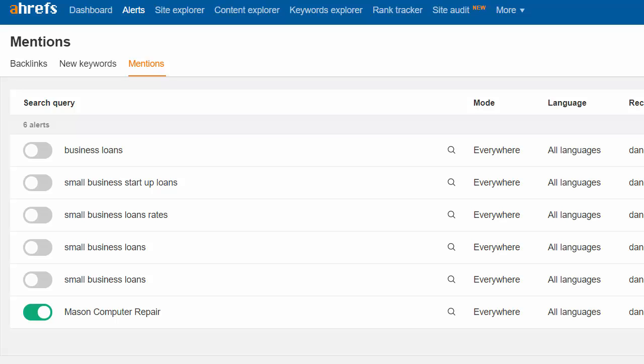And so spend some time setting up the alerts. I'm not sure what the package you have to get. We're on a package where we get 15 alerts, so we couldn't set it up for all our clients anyway. But you can, and I recommend you do that. Set your brand name in there, and then go ahead and put your name in there as well. Then the rest, just put your main keywords and monitor them, and get the alerts on a daily basis.